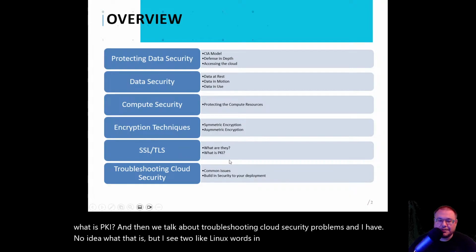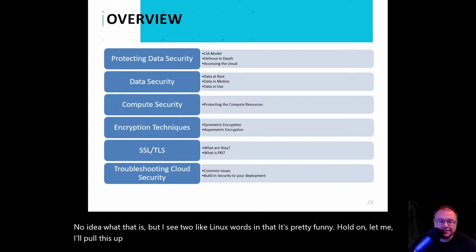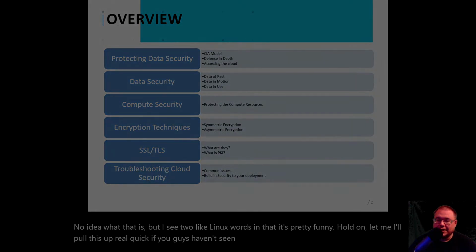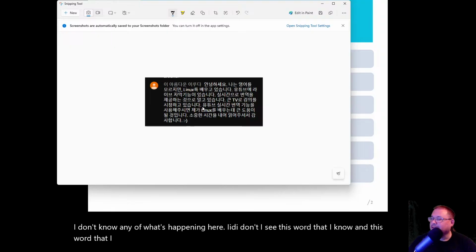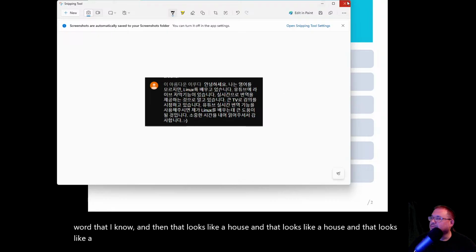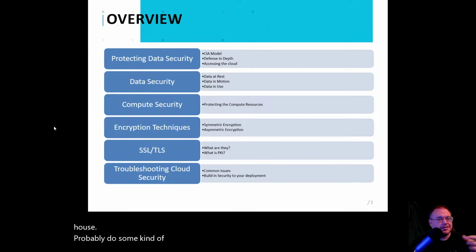It's pretty funny. Hold on. Let me pull this up real quick if you guys haven't seen this. Hold on. I don't know any of what's happening here. I see this word that I know and this word that I know, and then that looks like a house, and that looks like a house, and that looks like a house. Probably some kind of decryption or something.